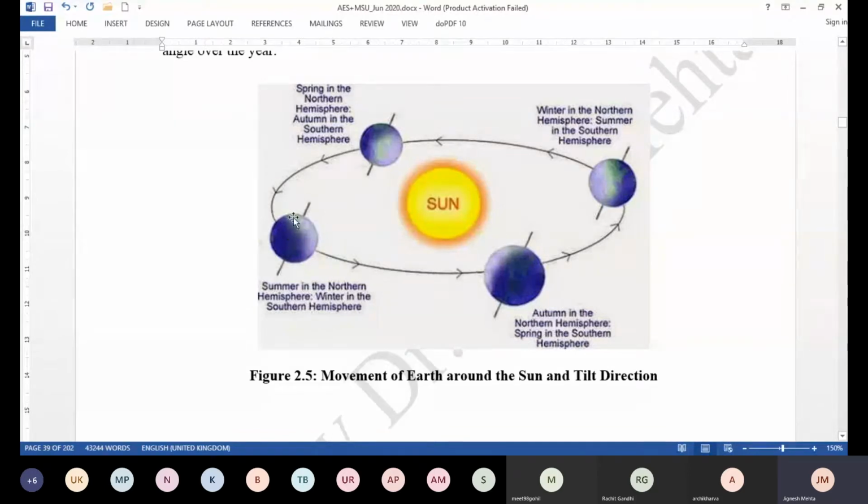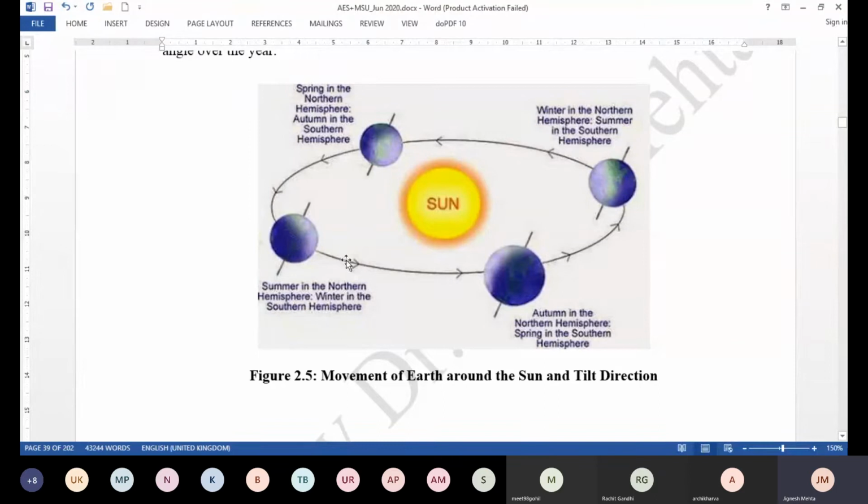Right. So this is summer solstice, and on that day, what is the declination angle? The declination angle was defined, right? That's the angle made by the sun ray with the ecliptical plane. So that angle is highest, that is 23.45 degrees at that point, and the northern hemisphere gets the highest radiation, or the angle made by the sun ray will be least on that day. So that's about the summer solstice.